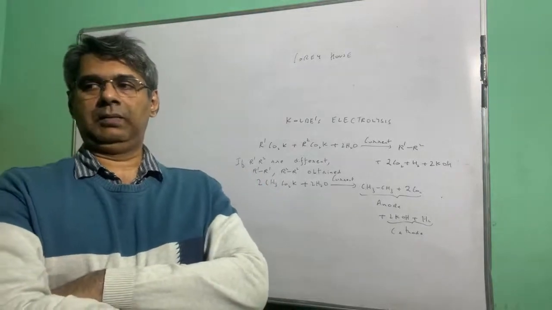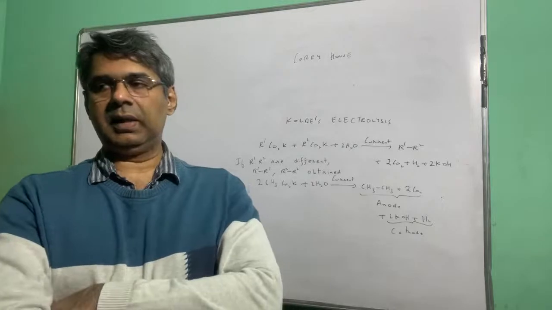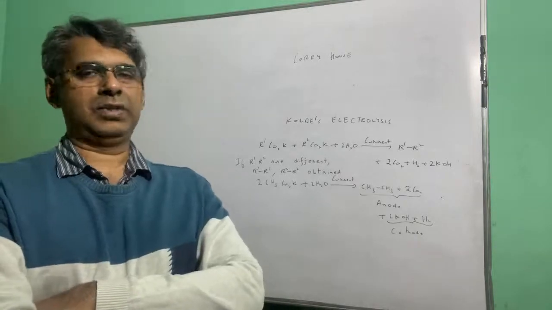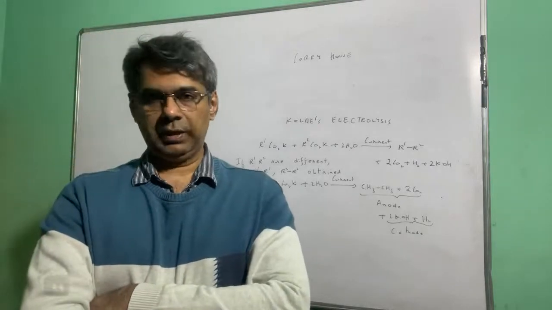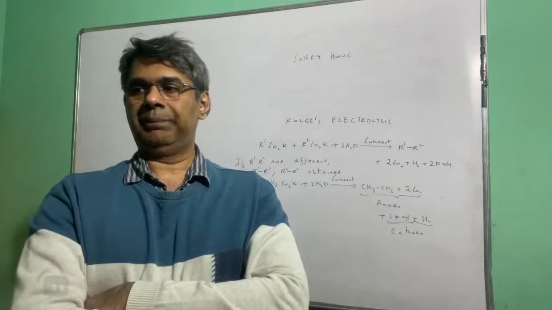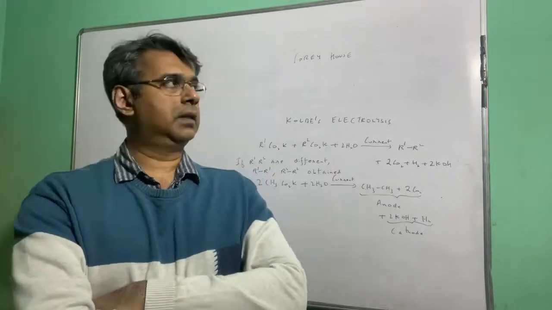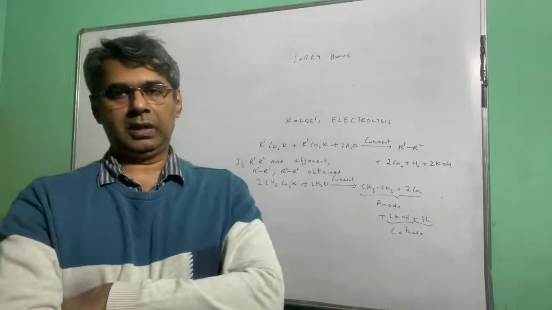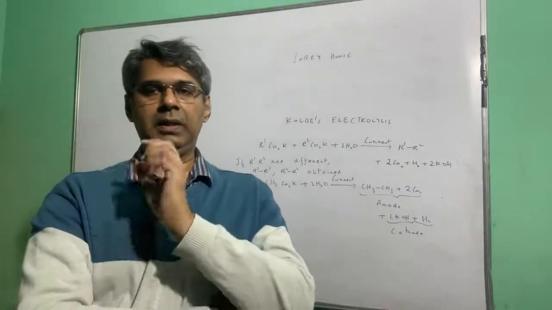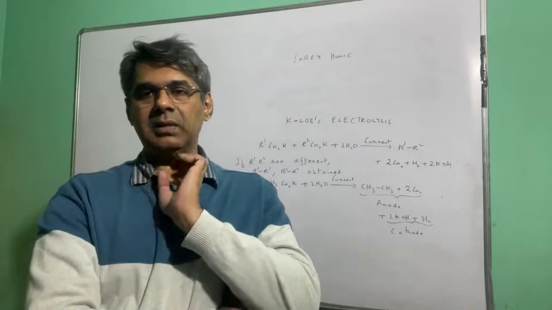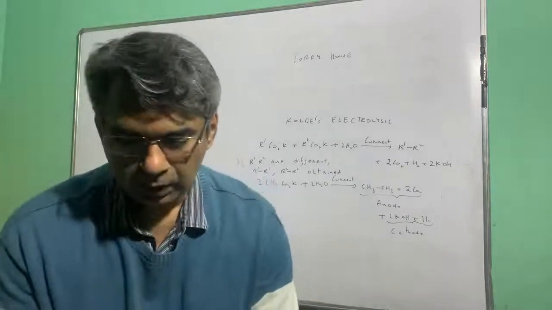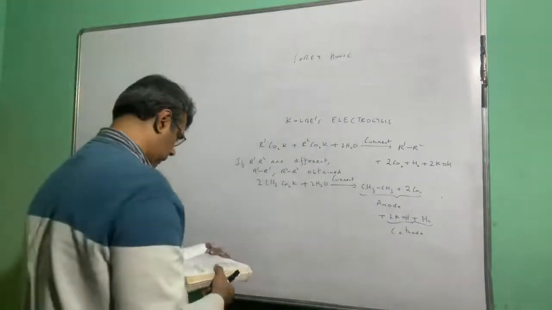But if your answer is an unsymmetrical alkane, then Wurtz reaction and Kolbe's electrolysis are not very good methods. Now, if you specifically want an unsymmetrical alkane, then the best method is called Corey-House. That is specifically targeting unsymmetrical alkane as the product. So in Corey-House,